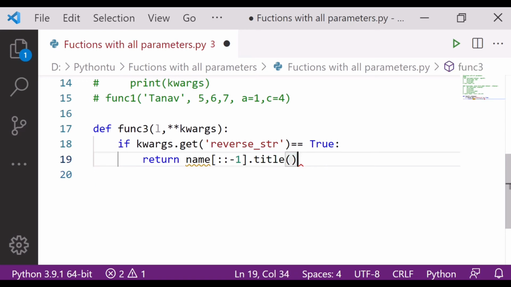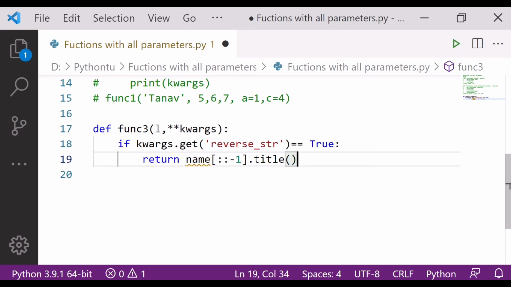Let me do this, return names. What is name here now? We are using kwargs, which will give us the values as a dictionary.